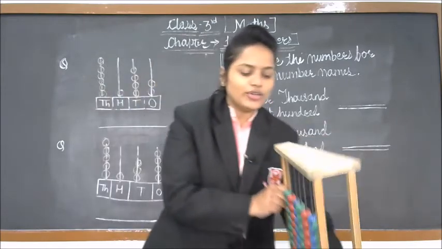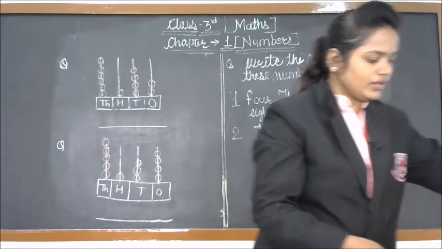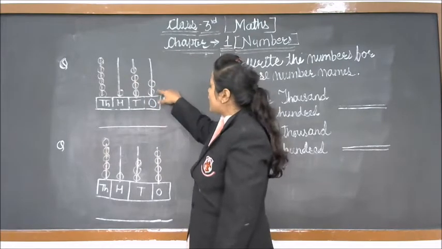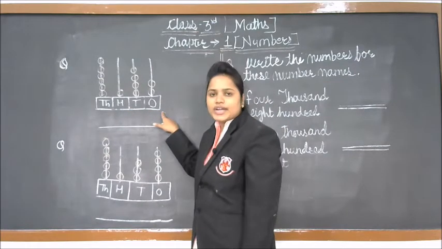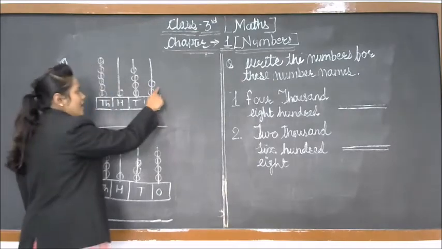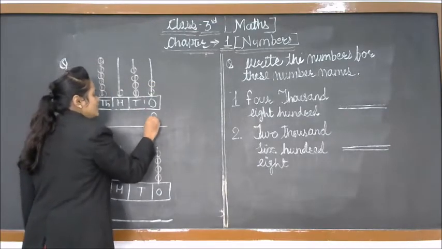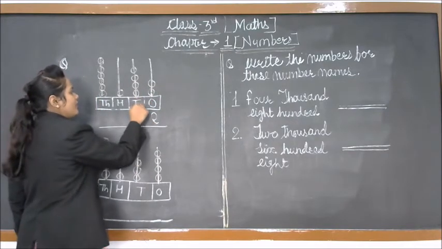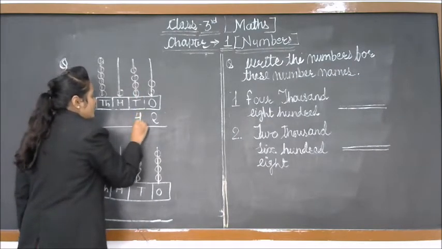Okay students, so like this I have drawn a spike abacus here. We can count the beads and write the numbers here according to the place value chart. So can you please count the beads? How many ones do we have? Can you please count? Yes, 1 and 2. So 2 ones we have. In the tens value, how many beads do we have? Let us count. 1, 2, 3, 4. So 4 tens we have.